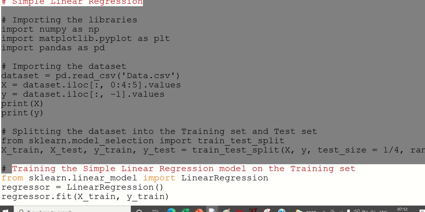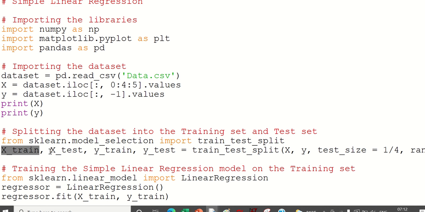Okay, so what you should get in X train, X test, Y train, Y test. So it is just splitting, nothing else it is doing. I am just giving time so that you guys can sit and see. So what is X train? What is X test? What is Y train? What is Y test? We will quickly see that.